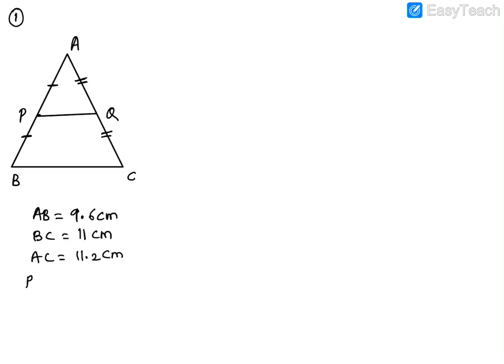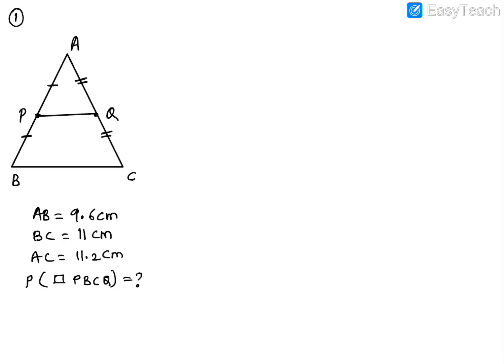And you are asked to find the perimeter of the trapezium PBCQ. I wrote it as a quadrilateral because actually it won't make a difference even if I write it as a quadrilateral in this sum. Okay, so guys, we'll just do the markings now. Look, what all is given to us. AB is given as 9.6, so we can find out how much PB is. Now we also know P and Q are what?